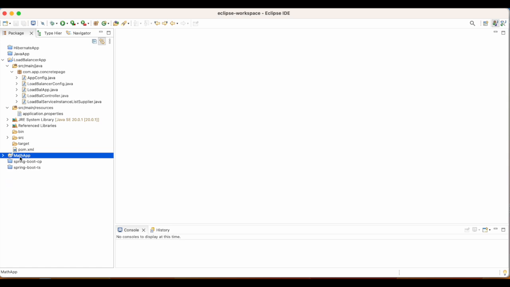There will be three instances of math app. So first of all, we have to configure all these three ports and their URLs in our load balancer application.